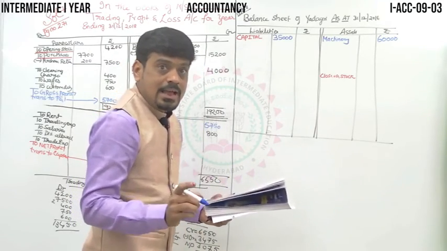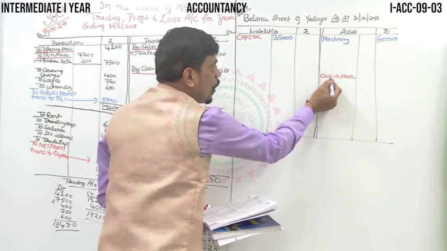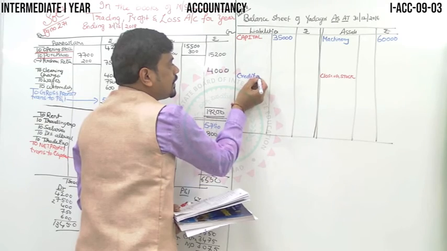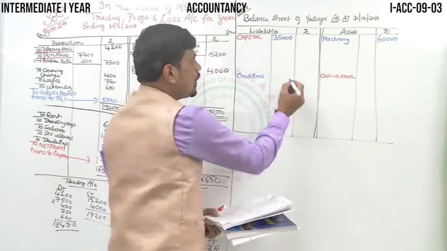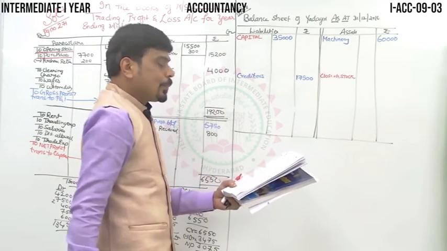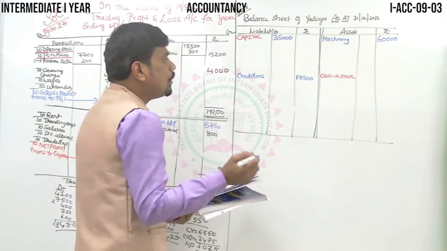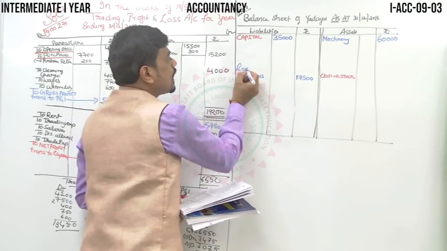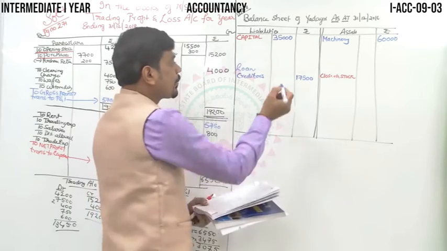So, what we can do? Opposite to closing stock, start writing from here. Creditors, amount 17,500. Then loan. Loan, we know it's a fixed liability type. So above creditors, you can write loan